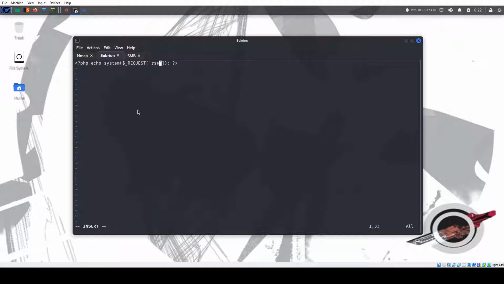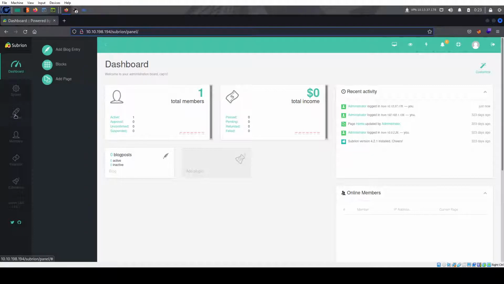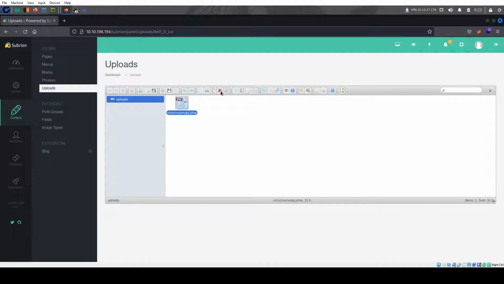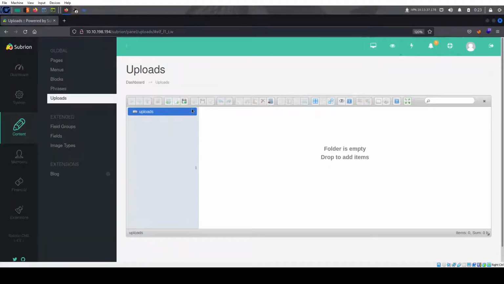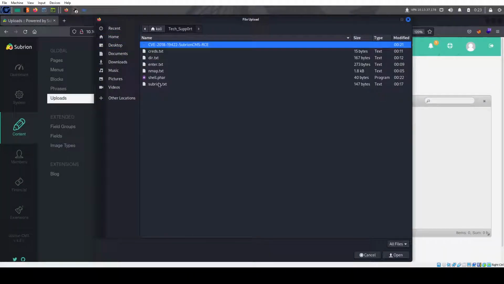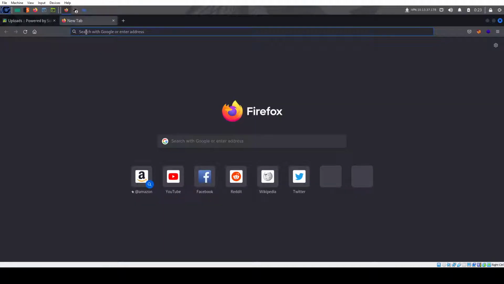RSE could be anything, could be blah blah, doesn't matter. It matters for the parameter later, but I think I got everything, and we have our file there. Now from here we go to content, uploads, and we're gonna see the file we uploaded. Let's delete this one. We can upload files, select files, shell.far, and it's uploaded here. And just like it told us, copy this link,